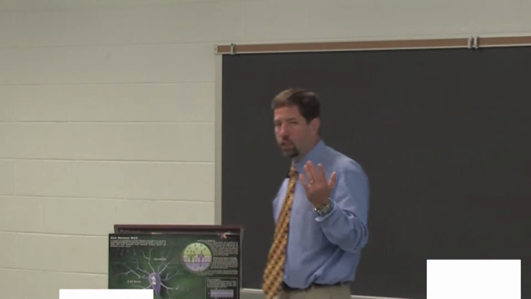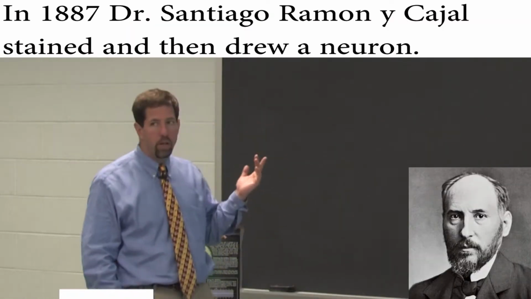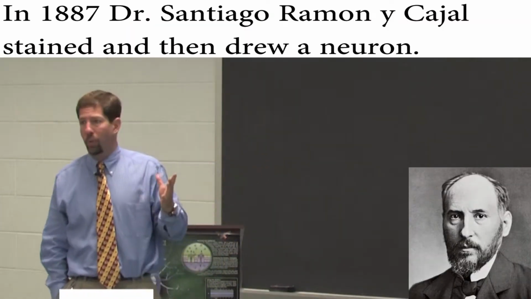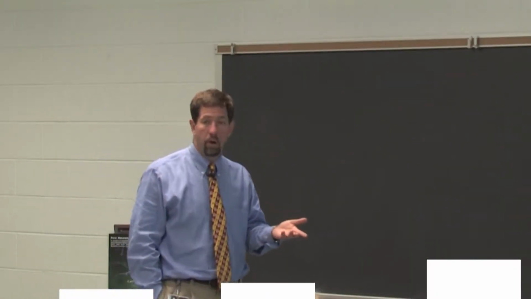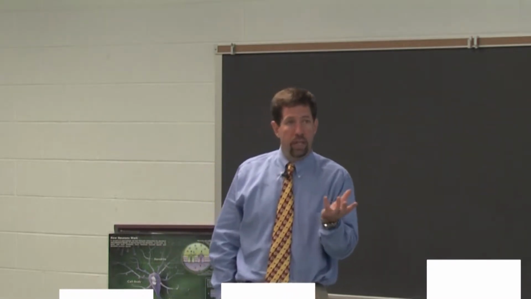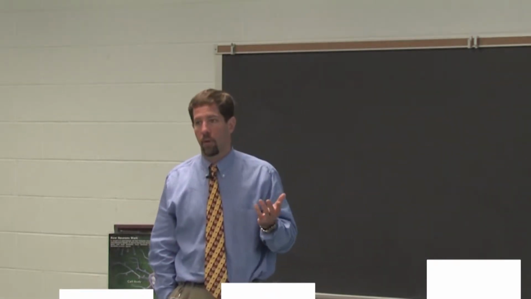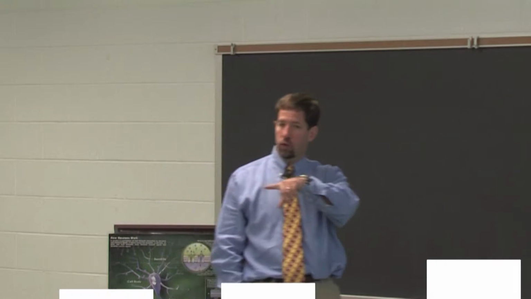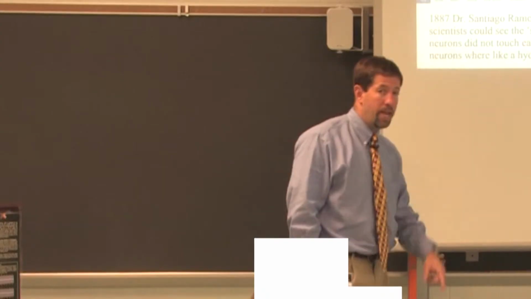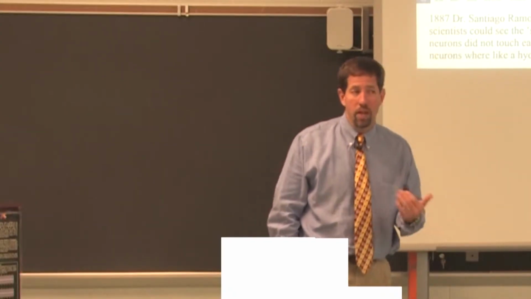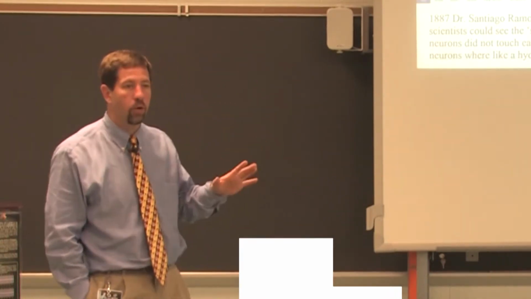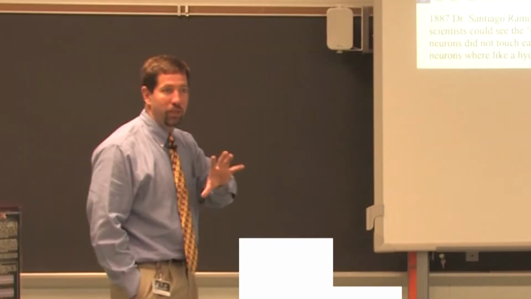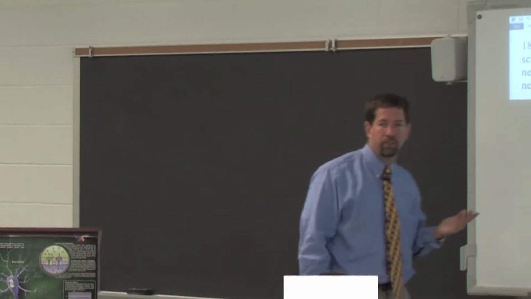Neurology started in 1887. Ramon Cajal, he stained a neuron. What does that mean? He got neural tissue, put it on a slide, put it under a microscope, and stained it so he could see that neurons have different structures. Okay? Why do we care about that? Think of the word structures right around the 1880s. Is that a coincidence that right at the same time Wilhelm Wundt came up with structuralism? Yes, it is totally a coincidence. But I wanted to give you that little suspension. Like, oh, wow. So why do we care about this?